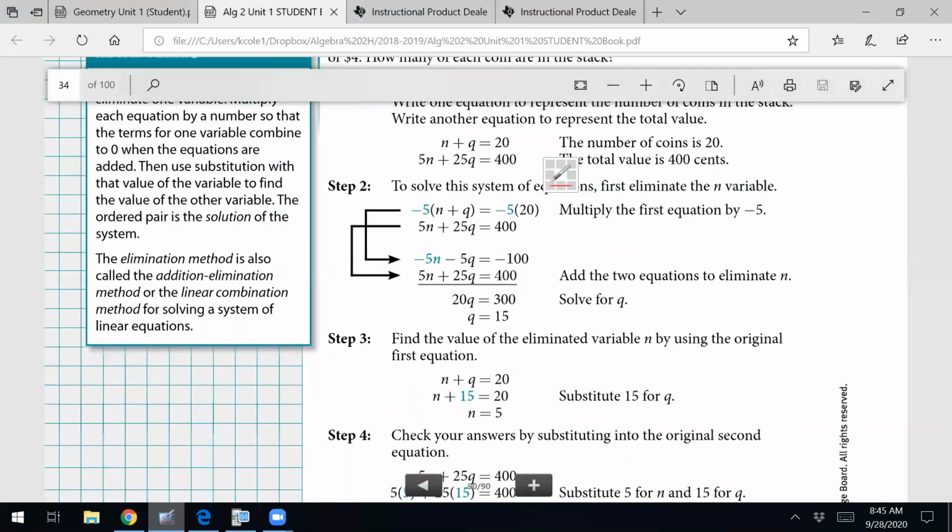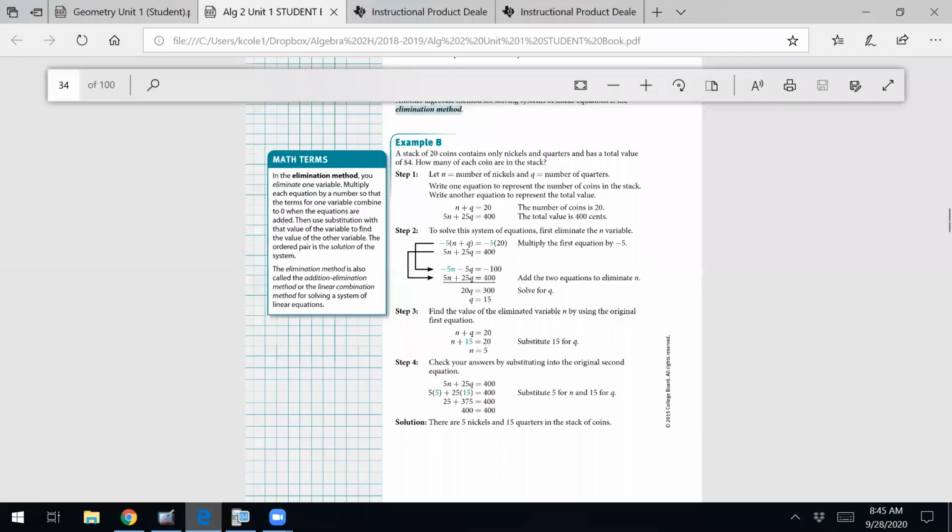you can see right now that's just an n and a q, or an x and a y, whatever variables, it doesn't matter. But this n and 5n are not opposite because they don't have the same coefficient. Same thing with the q. This q and 25q are not opposite. So they're having to create an opposite. The way they do that is they multiply everybody by -5. When they do that, that allows you to have a -5 here and a +5 there, then it eliminates. Okay? So let's just look at a couple more examples that they have in this book, and then I will let you work on your Delta Math.